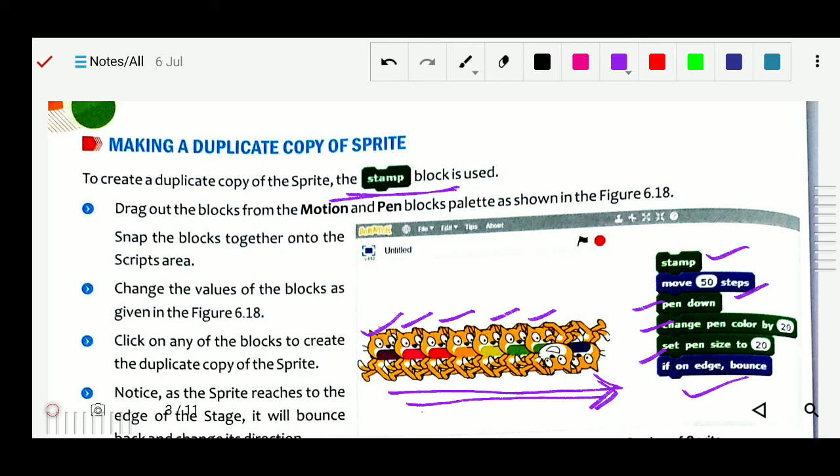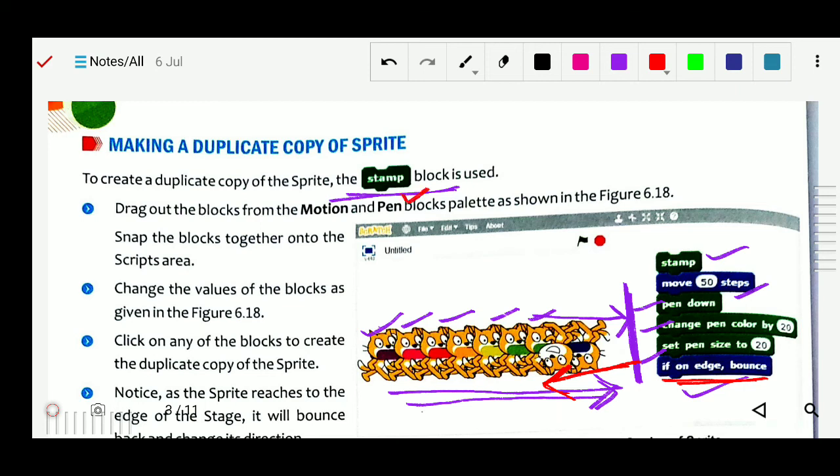If there is the edge, means the boundary of this window, when this sprite touches this boundary, it will bounce back. So this is the edge. If on the edge, then it will bounce back and move again in the opposite direction. Okay, so this is making the duplicate of the sprite.